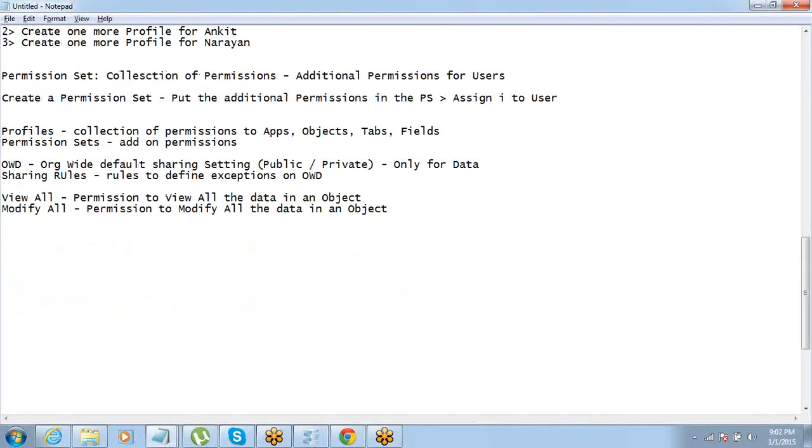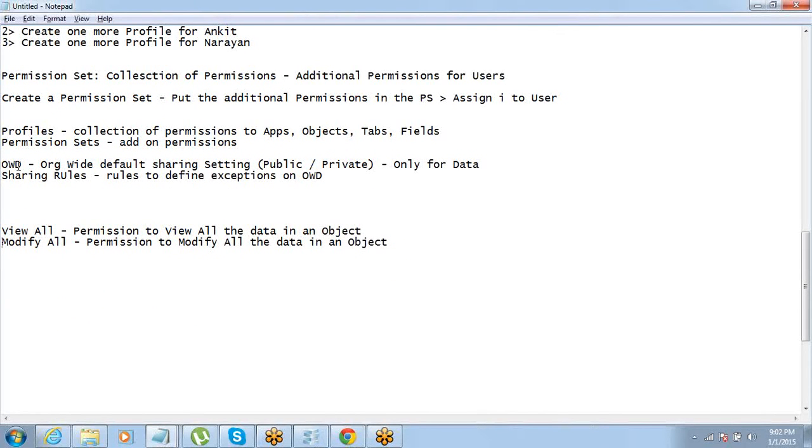So these are two permissions which allow a user to view all the data in a given object or to modify all the data in a given object.